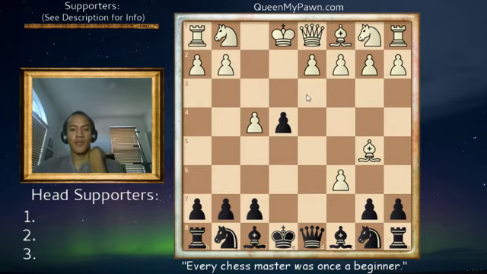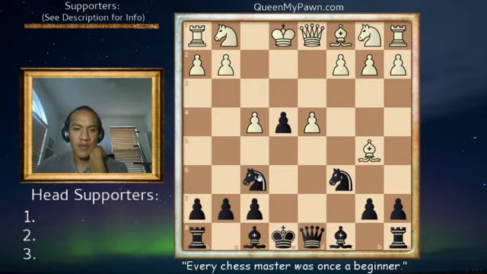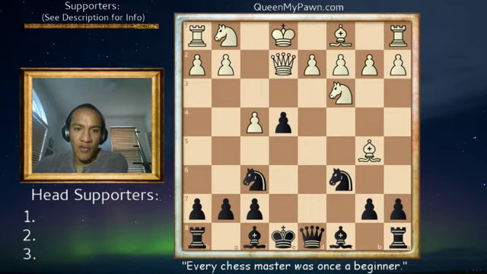So yeah, that's something that could happen. I won't go too much into it, but it's pretty interesting. Maybe I'll go even knight f6 here, controlling these squares. So the game continued with knight c3 followed by knight f6, defending the pawn, and queen e2, putting pressure on the